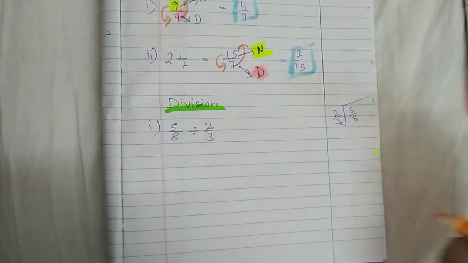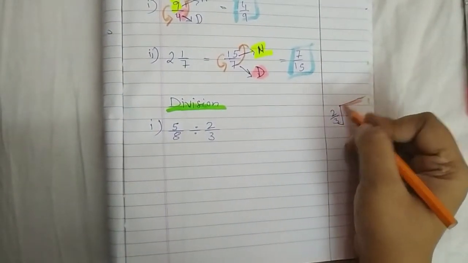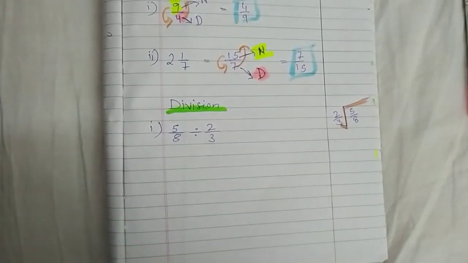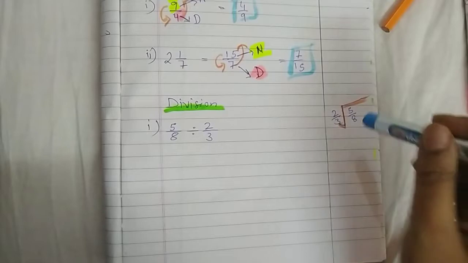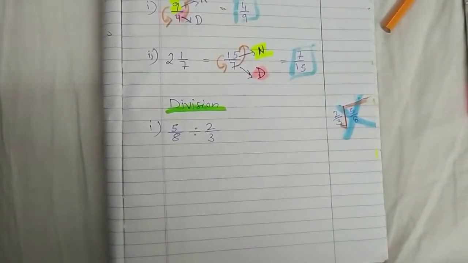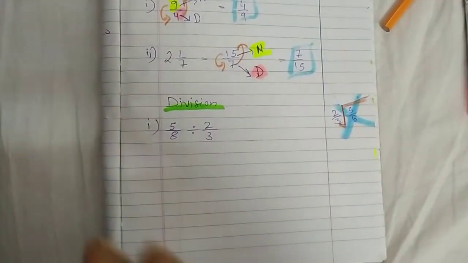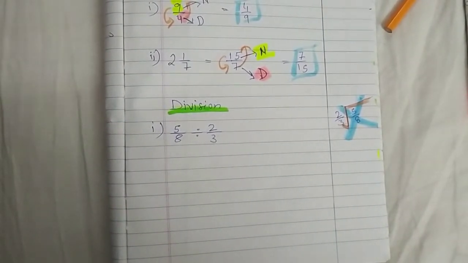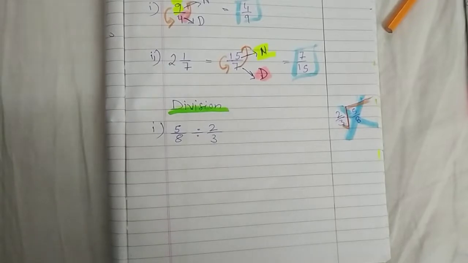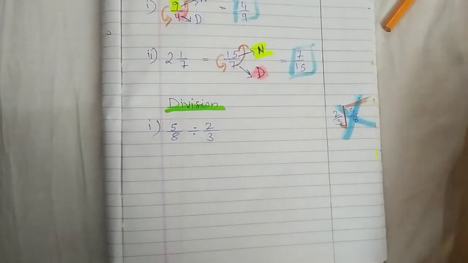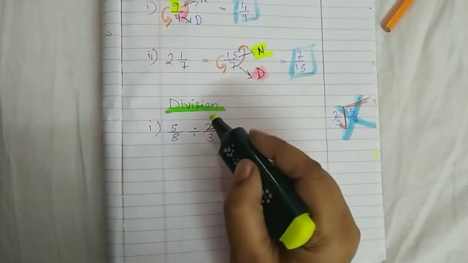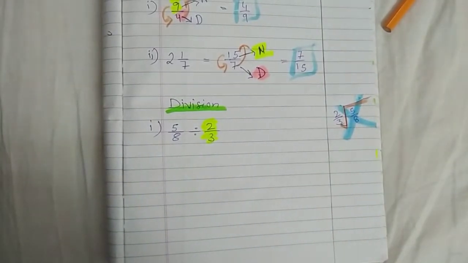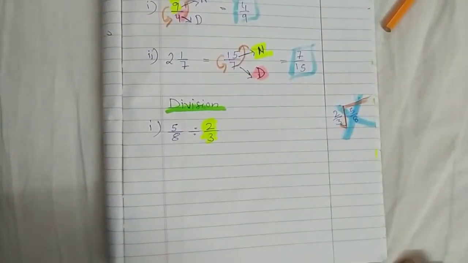Children, do you really think it is possible to divide like this? I find it difficult. I can't divide. So what am I going to do? I'm not going to use this method. I'm going to reciprocal the divisor. How am I going to make division simple? I'll reciprocal the divisor. What is divisor here, children, in this statement? 2 upon 3. I'm going to reciprocal it.